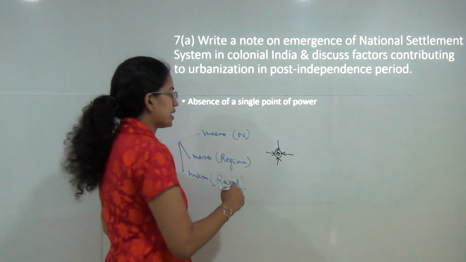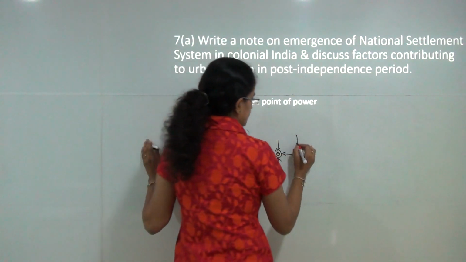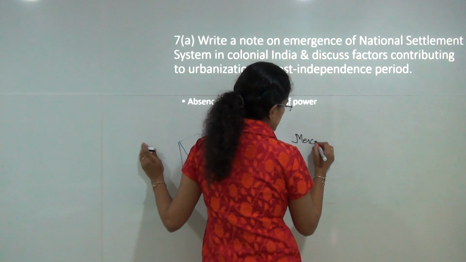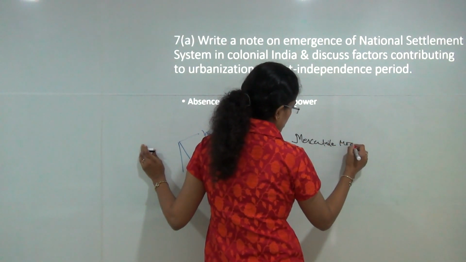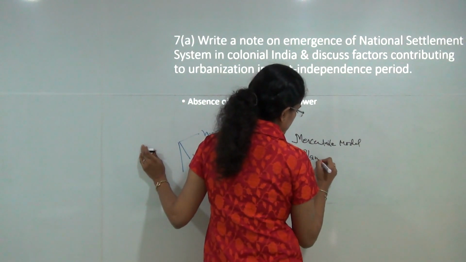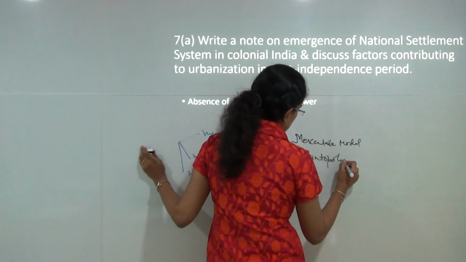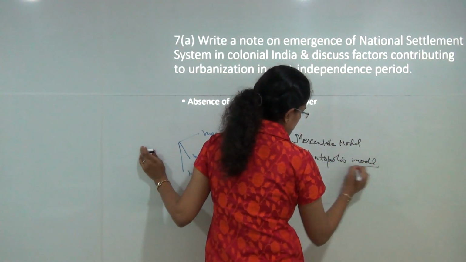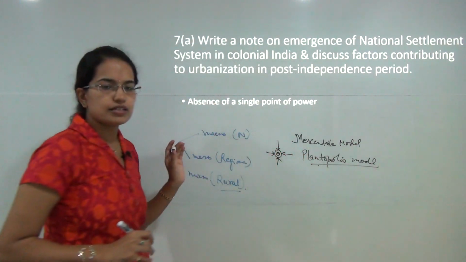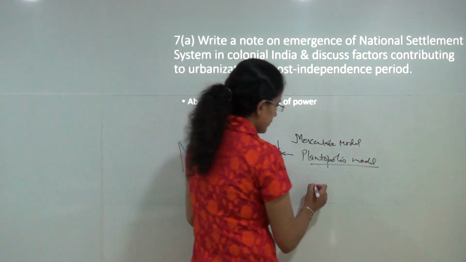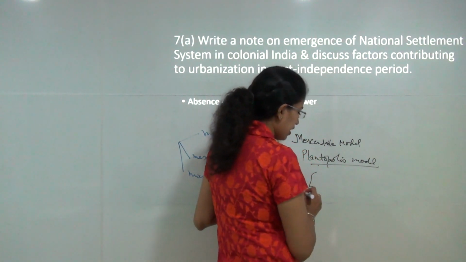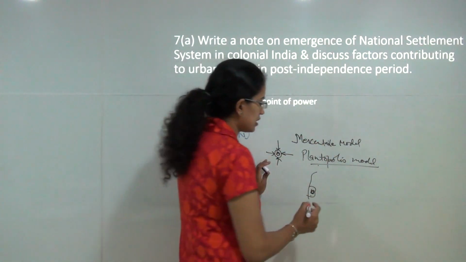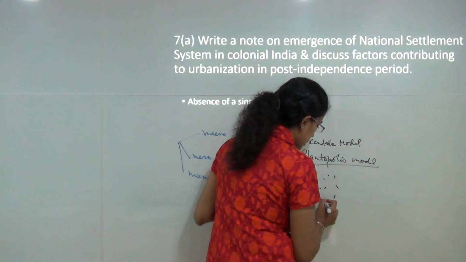So that was the main drawback that this idea faced, and here you need to explain the mercantile model and the Plantopolis model. Under Plantopolis, the mercantile model we have already covered in our postal course. The Plantopolis model is basically talking about an idea that you have a market area or an urban city center and you have small plantations that come up.